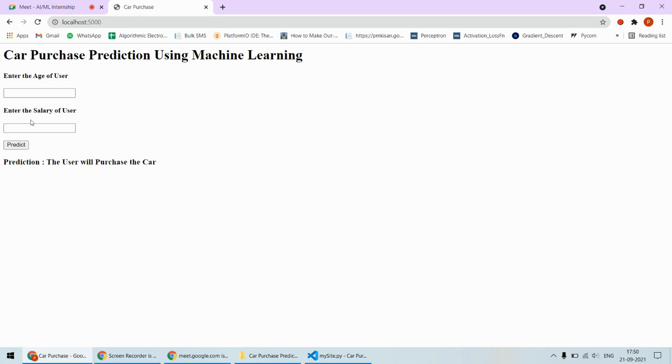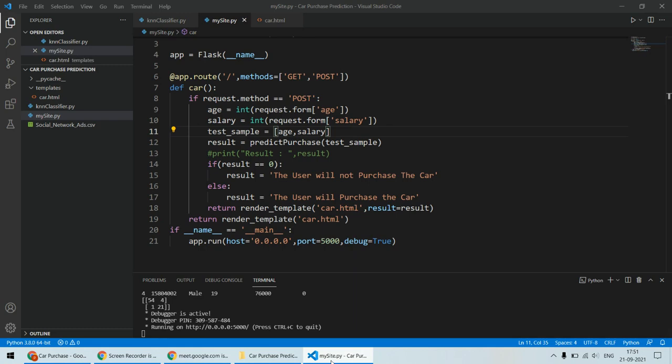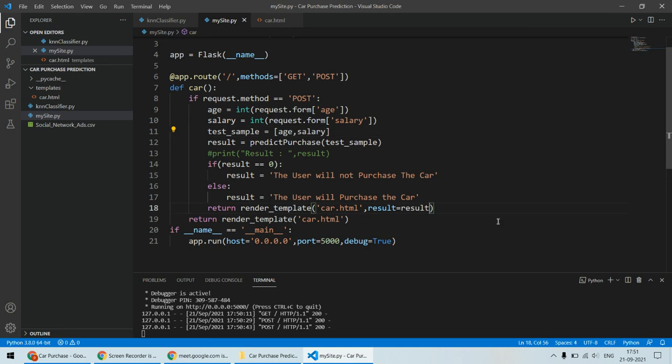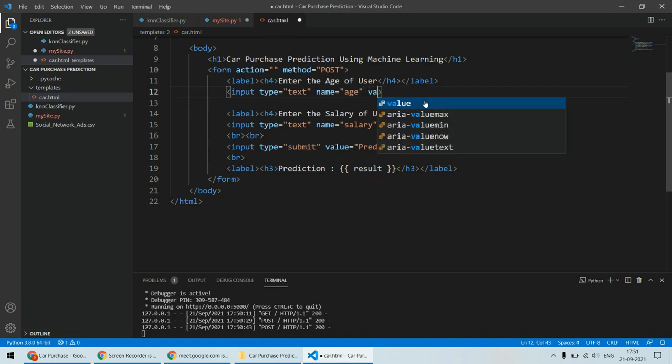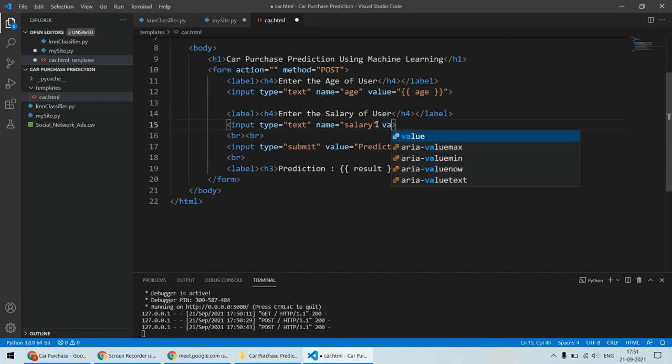तो ये फंक्शनिंग तो कर रहा है, लेकिन यहाँ जो वैल्यूज हम डाल रहे हैं वो निकल जा रही हैं जब ये पेज रिफ्रेश हो रहा है। Basically this page is getting refreshed, तो जो भी वैल्यू हम डाल रहे हैं वो निकल के जा रही हैं। अगर वो वैल्यू भी चाहिए तो हम लिख सकते हैं age equal to age, and then salary equals to salary. ये दो फील्ड मुझे इसके अंदर ऐड करने होंगे। टेक्स्ट फील्ड का नेम तो दिया है लेकिन वैल्यू नहीं दिया, तो वैल्यू हम डबल कर्ली ब्रैकेट के अंदर age देंगे, जो हमने वहां से पास किया, राइट। और इसका भी वैल्यू value equals to डबल कर्ली ब्रैकेट्स के अंदर salary दे देंगे।